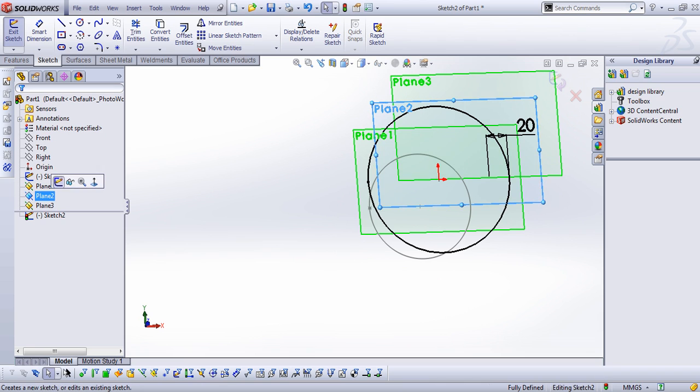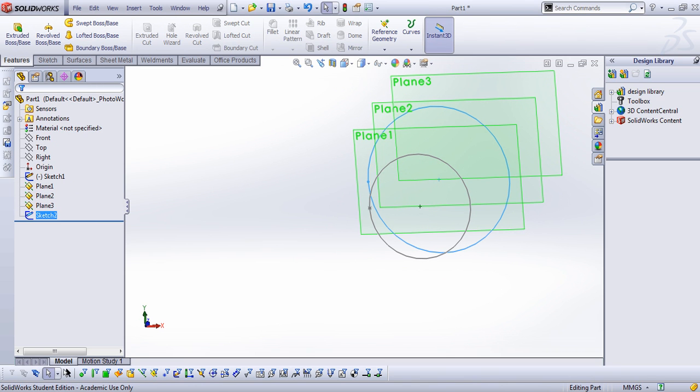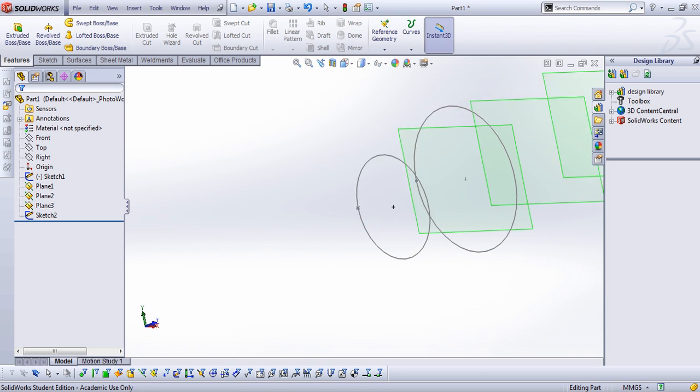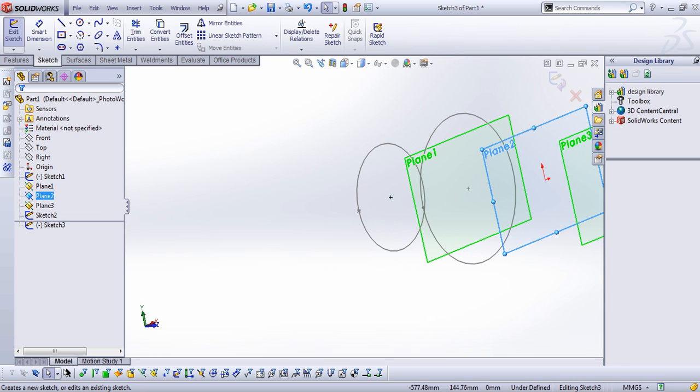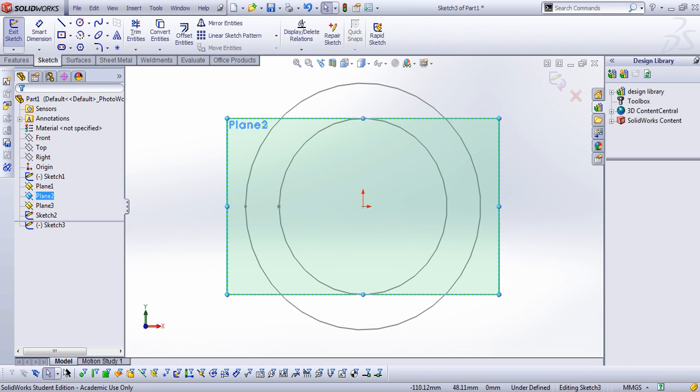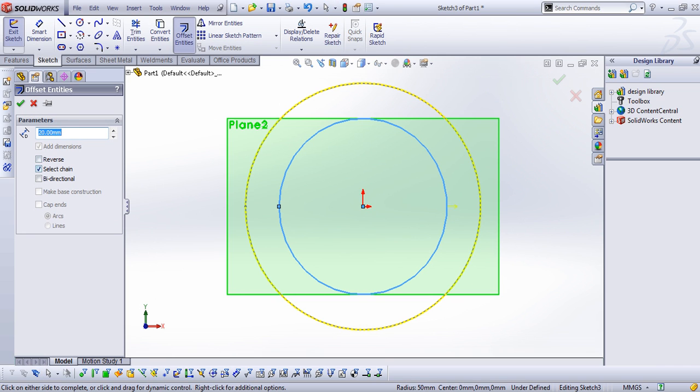I go to my next plane, plane number 2, make another geometry on my next plane, and I again select my first circle, offset, and this time I make it reverse 20,